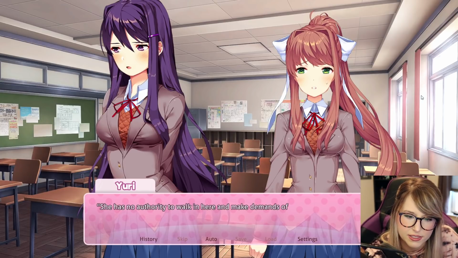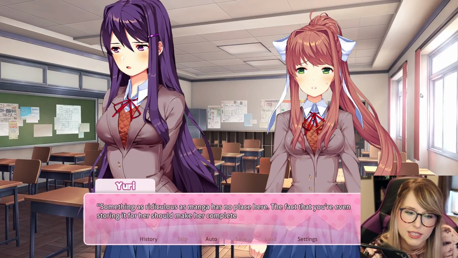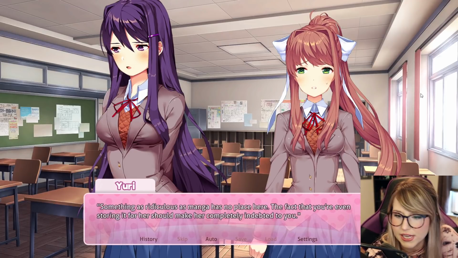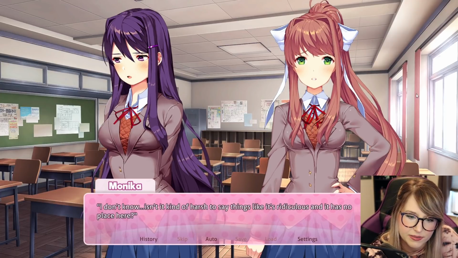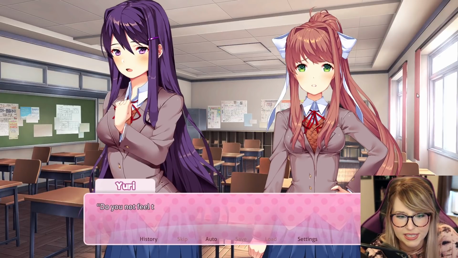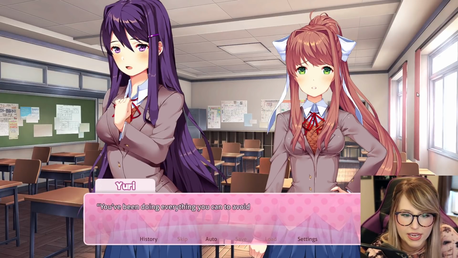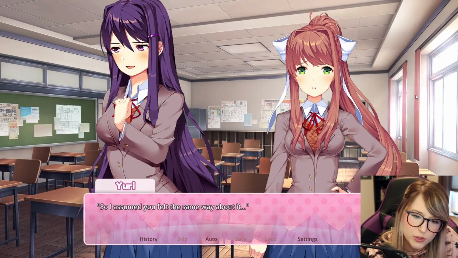I think Natsuki is. She has no authority to walk in here and make demands of the club, your club. Something as ridiculous as manga has no place here. The fact that you're even storing it for her should make her completely indebted to you. Well, you're right, but I don't know. Isn't it kind of harsh to say things like it's ridiculous and it has no place here? Do you not feel the same way? You've been doing everything you can to avoid associating the club with it, so I assumed you felt the same